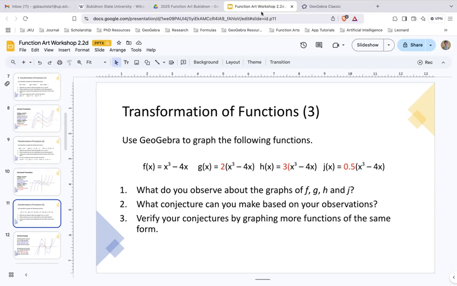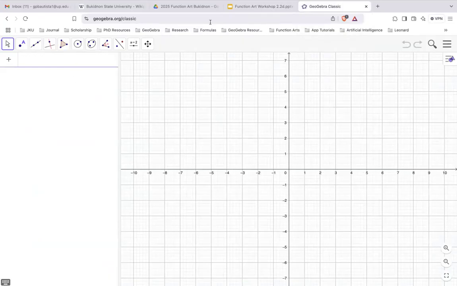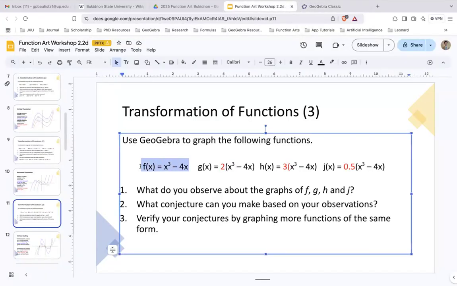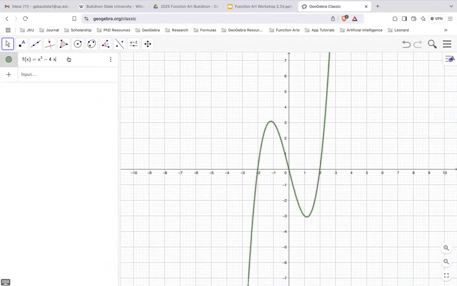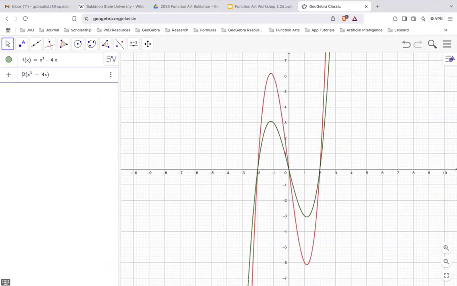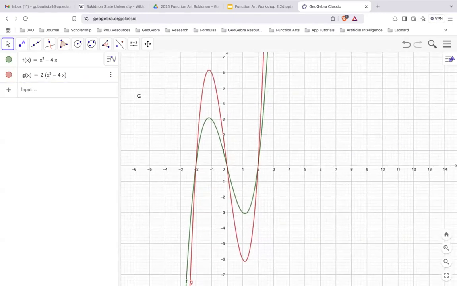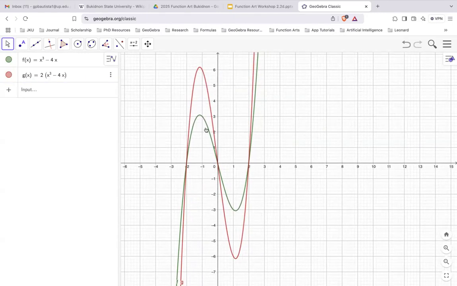Okay, that's correct. So the graph is a bit steeper when you multiply by a positive number. So x cubed minus 4x. So let's try x cubed minus 4x. Okay. So let's change this. And then if we multiply by 2,